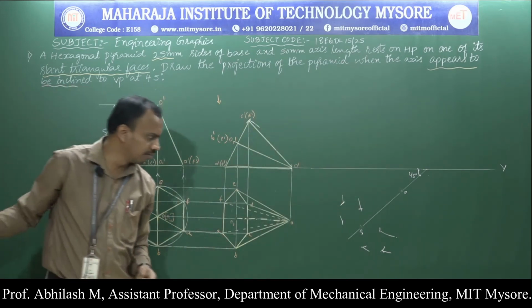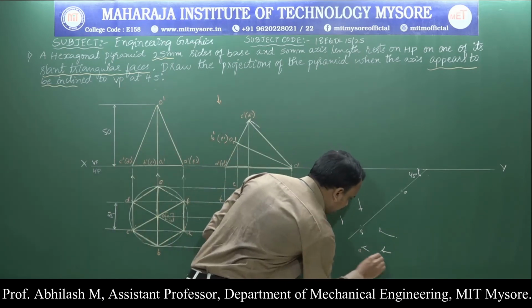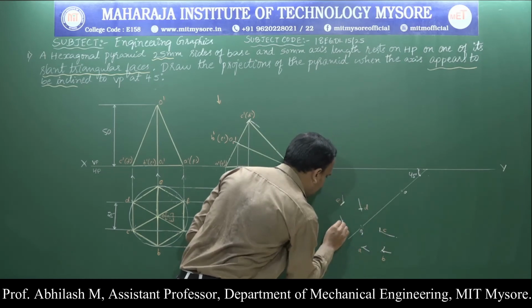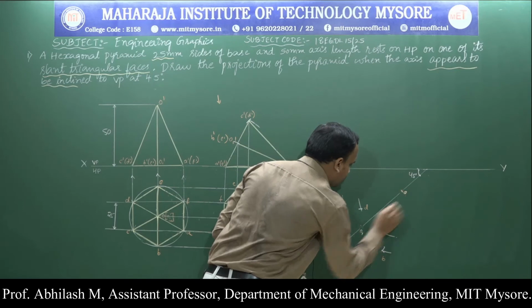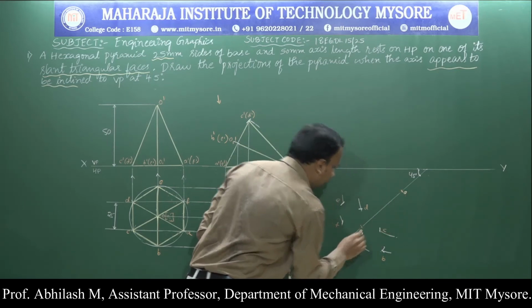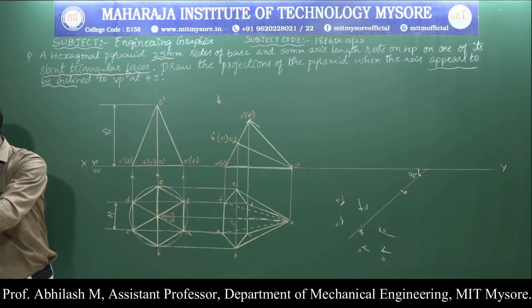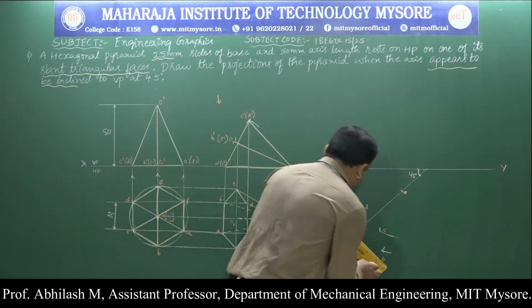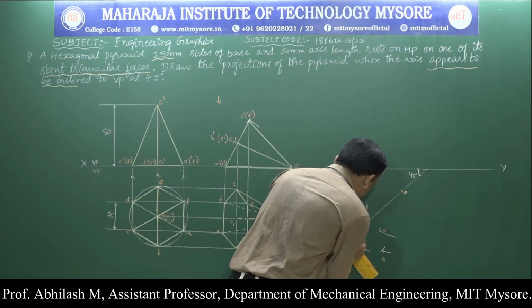So we are supposed to name the points. We are transferring from here. So this is my A, B, C, D, E and F. This is my O point and this is my O1 point. We'll complete it since we have transferred all the points. Complete the particular position. So A to F is completely visible.